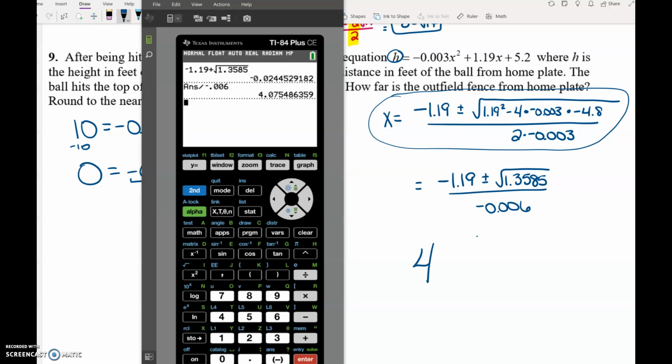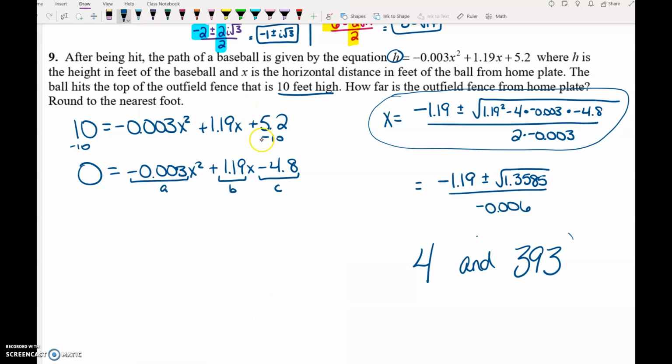Then you do this again using minus. I'm going to plug it in and show you what it looks like. So I'm going to pause and then I'll show you. So I use the minus button after the square root, hit enter, then divide. Our two answers are this, 390